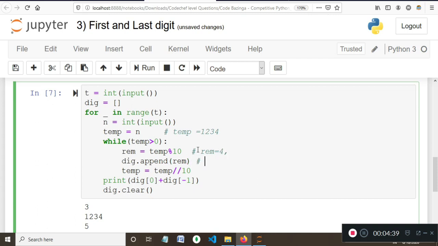Likewise, the value of digits, this is the list, so 4 will be appended to the list. And lastly, the value of temp is reduced. So 1234 integer division 10 will give 123.